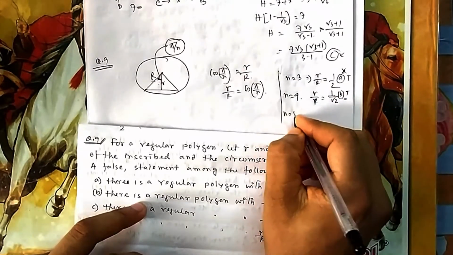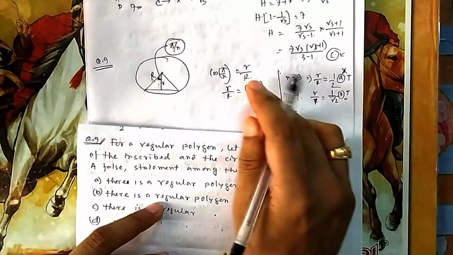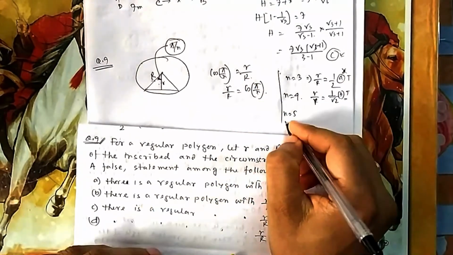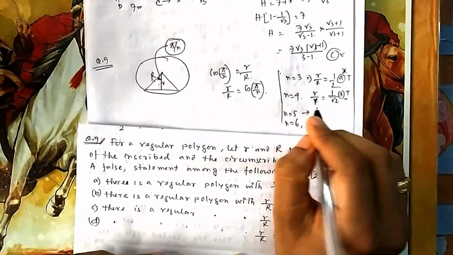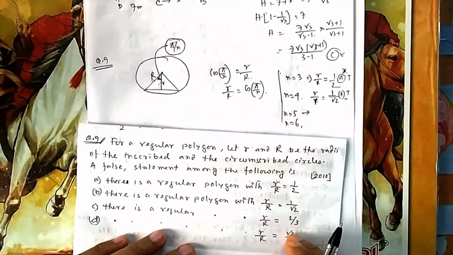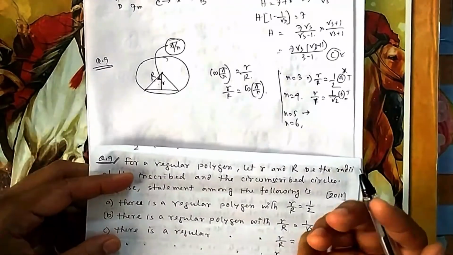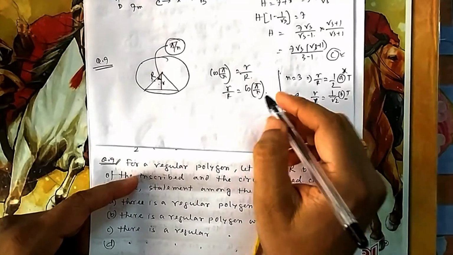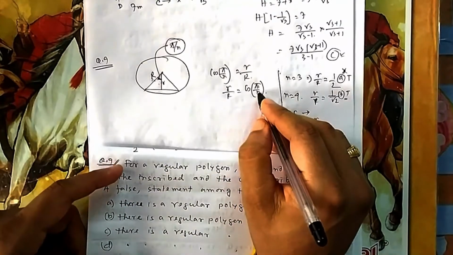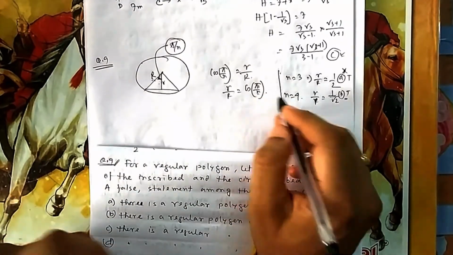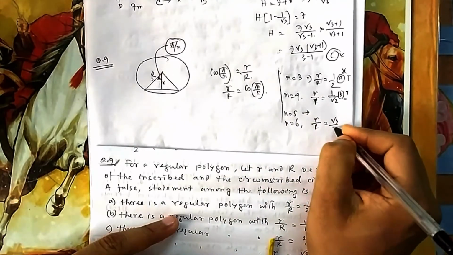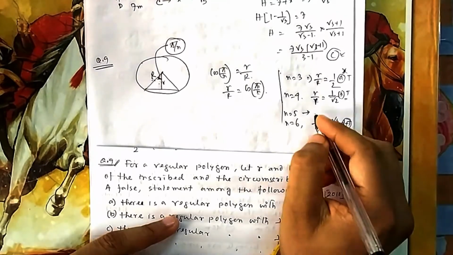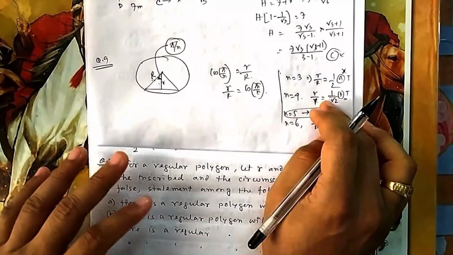So n equal to 5 if I go, then it is pi by 5. Pi by 5 you don't know, till now you don't know. So pi by 5 you hold for now, because I have to eliminate 3. Once I eliminate 3, then the fourth one will obviously be the answer. 2 I got. If I go with 6 and get another one, then it's okay. Pi by 6 is 30, cos 30 is root 3 by 2. So I think this is your option D. So D is also true. Because you don't know 5, no need to calculate for 5.